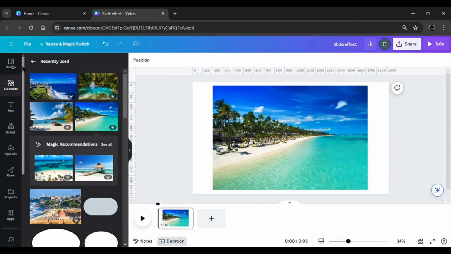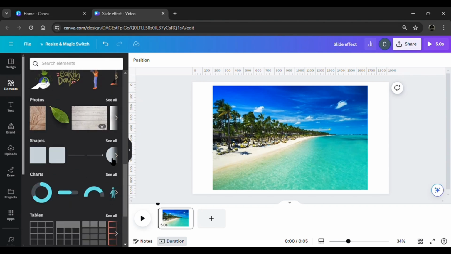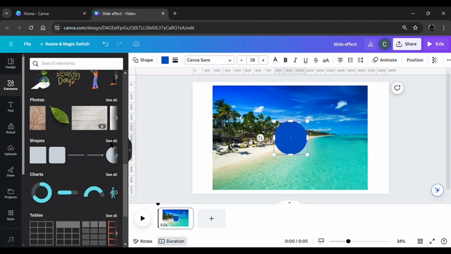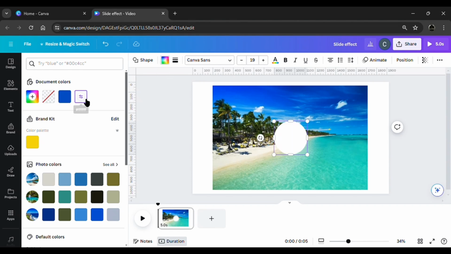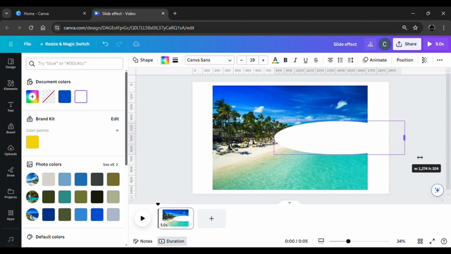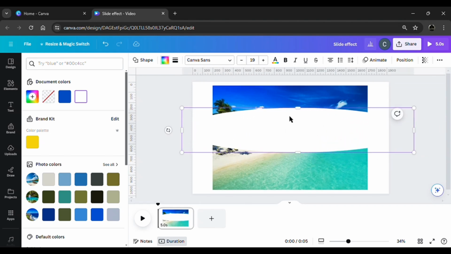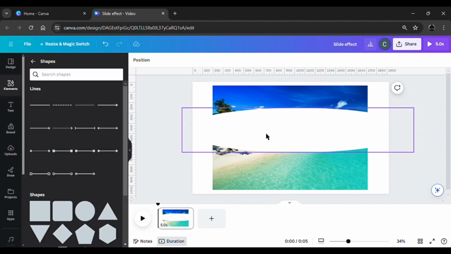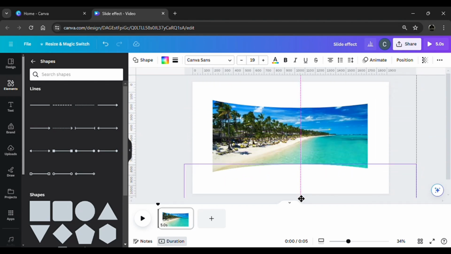Okay, so now we're going to add a circle. We're going to change the color of the circle to the background color. We're going to adjust the size of the circle, and then bring it to the top. Now we're going to duplicate, bring it to the bottom,